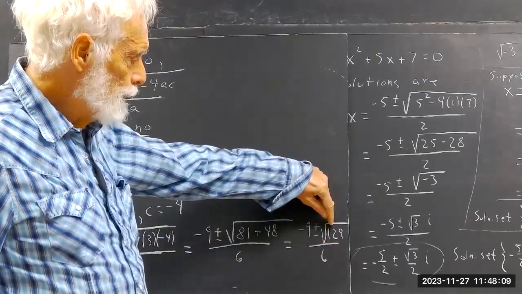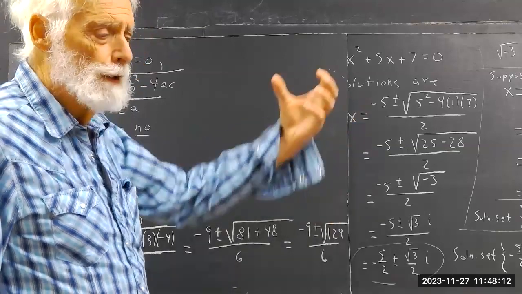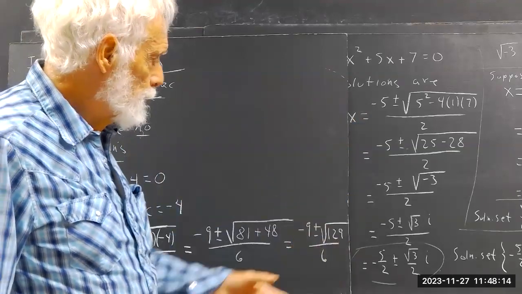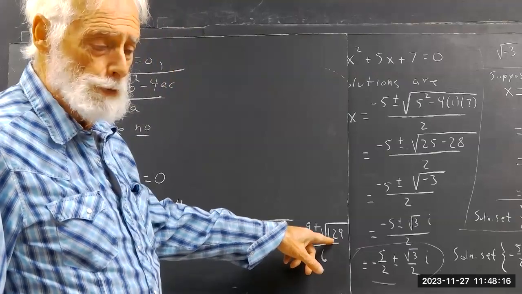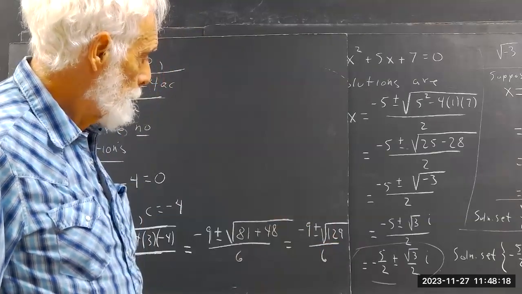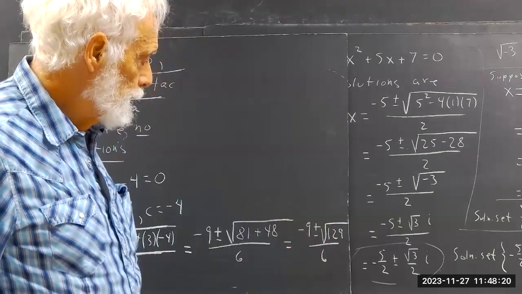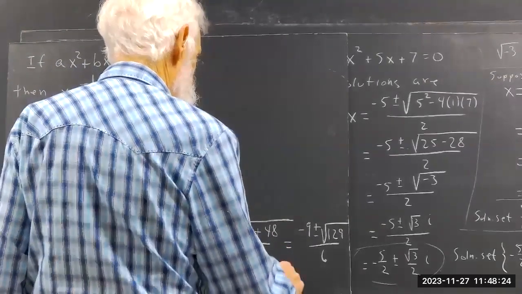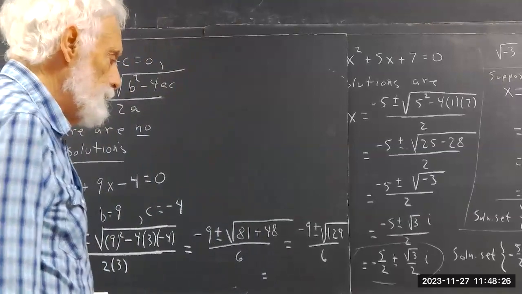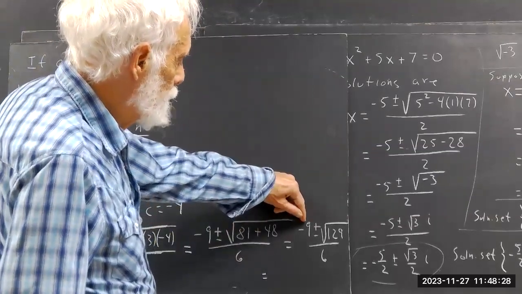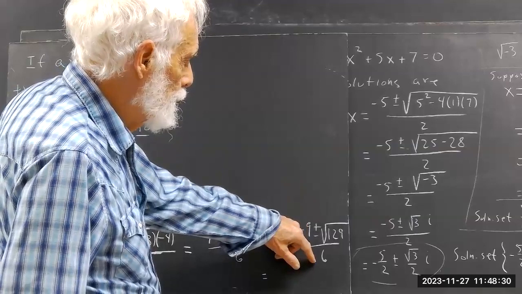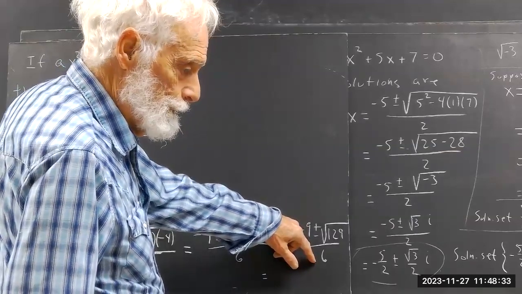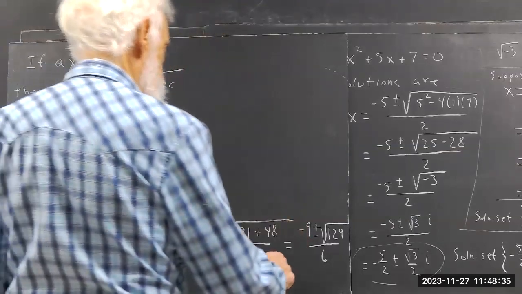So 129 is 3 times 43, and it doesn't break down any further. So there's no perfect square here to factor out. We have the -9 over 6, and that reduces because 9 is 3 times 3, and 6 is 2 times 3. So we end up with,